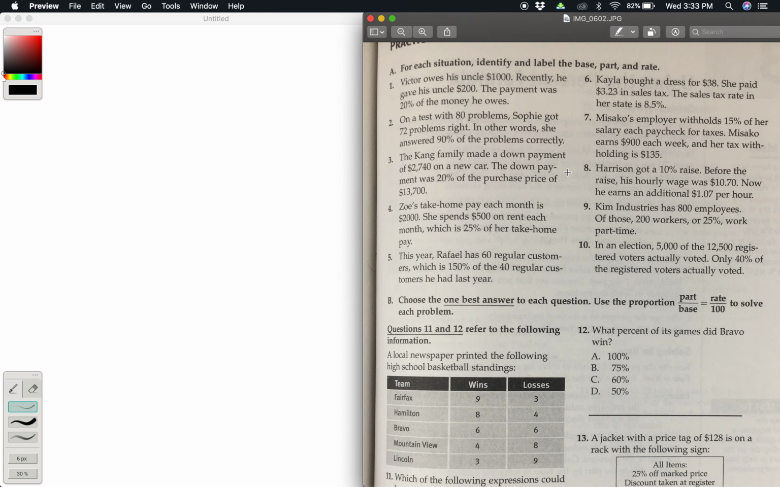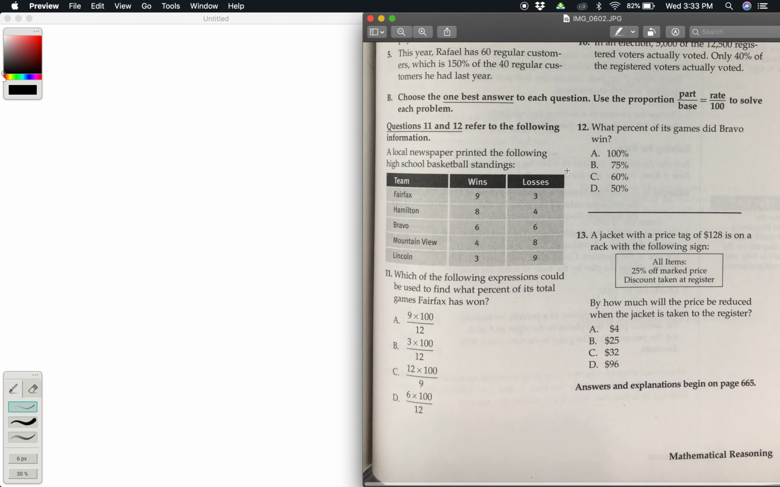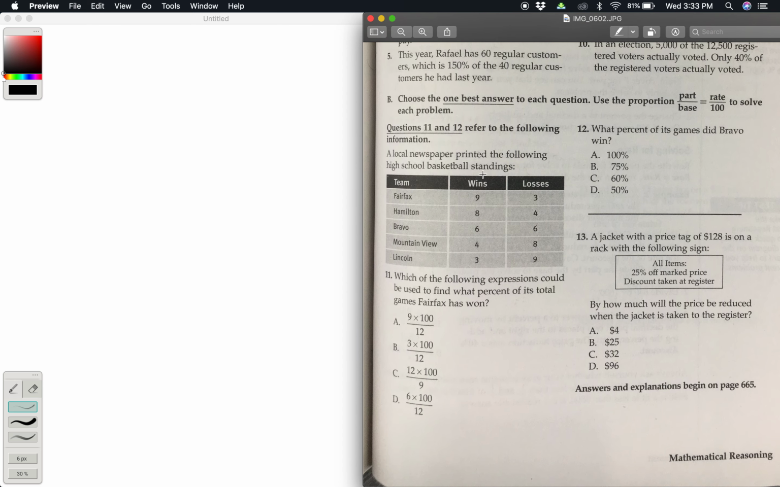Okay, now we're gonna scroll down here. Okay, number 11. Here, guys, refer to the following information, a little chart here. A local newspaper printed the following high school basketball standings. These are the wins, these are the losses. Number 11. Which of the following expressions could be used to find what percent of its total games Fairfax has